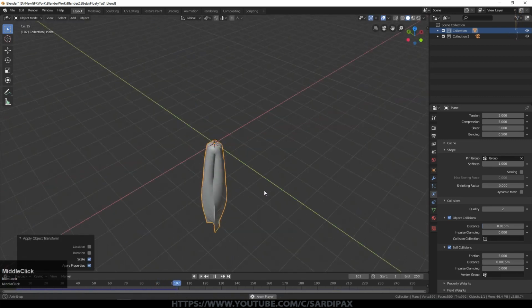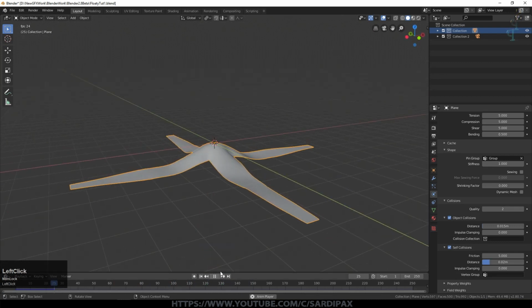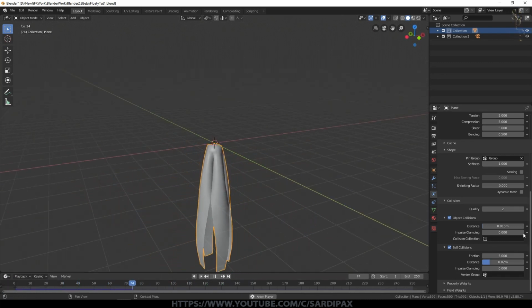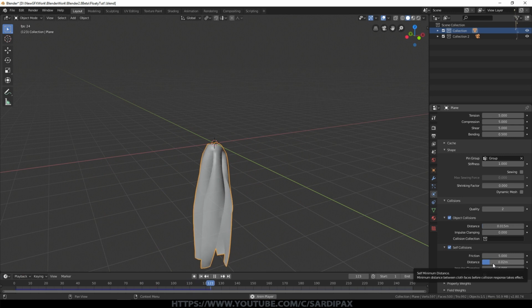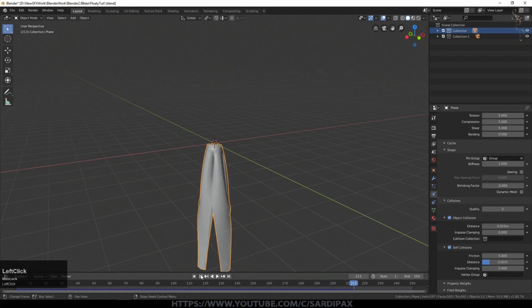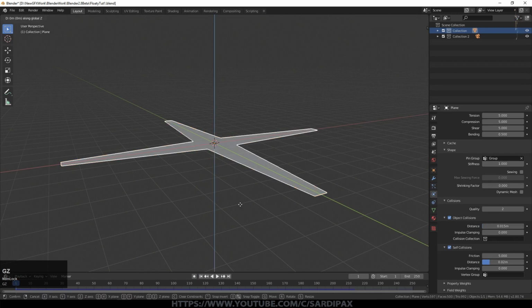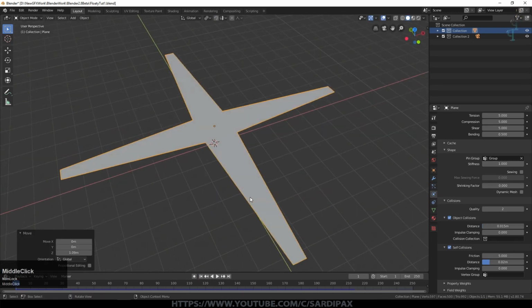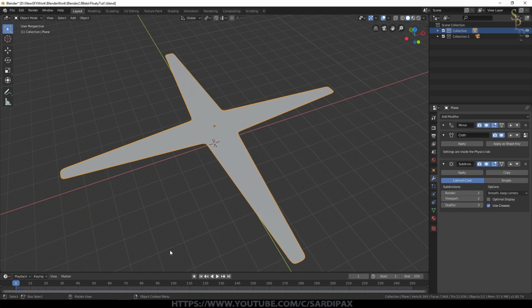And you can see that's working a little better with a larger model. Even there, 0.02. So the exact distance you'll need for self collisions will be affected by the size of your model. Just lift that up a bit. So we've got our basic model. I'm going to, at this point, Control 2 to apply a subdivision surface, just to round those off, which shouldn't make any difference at all.